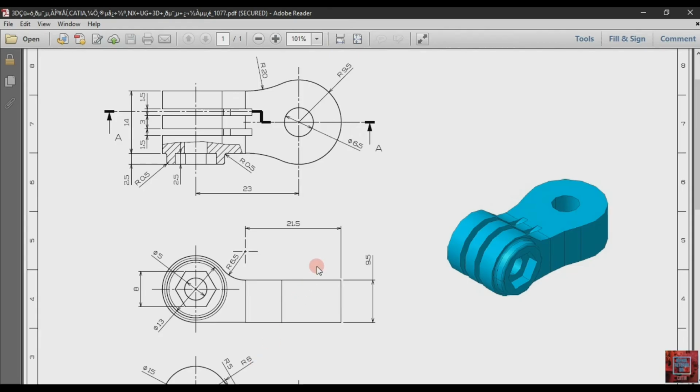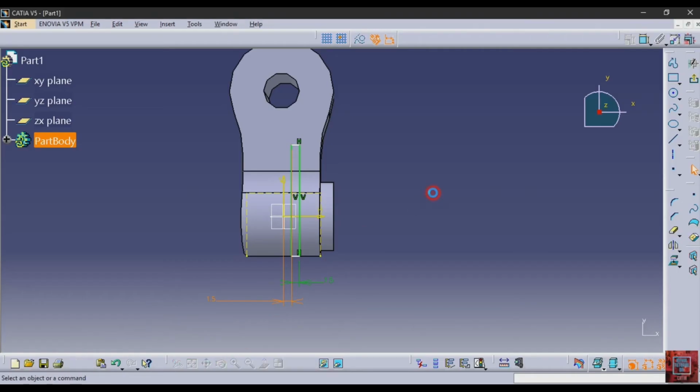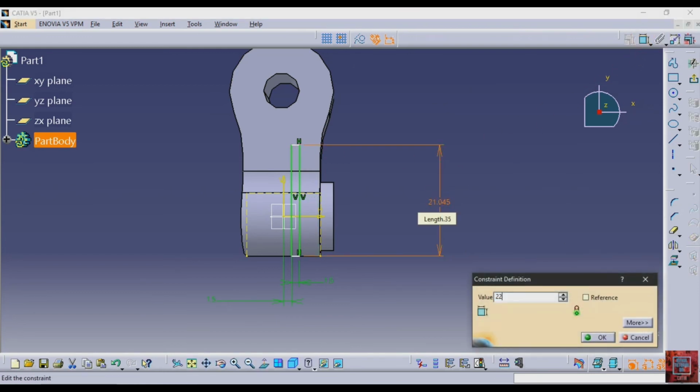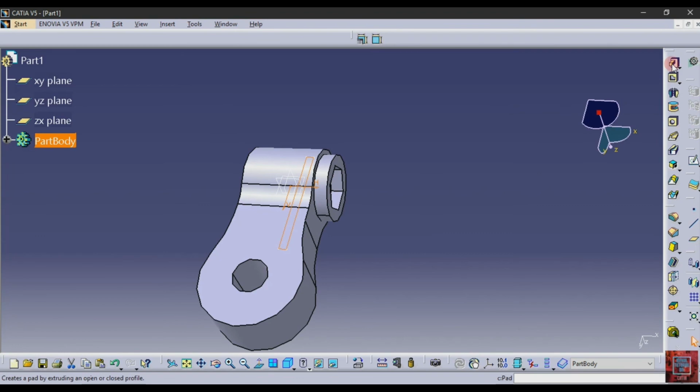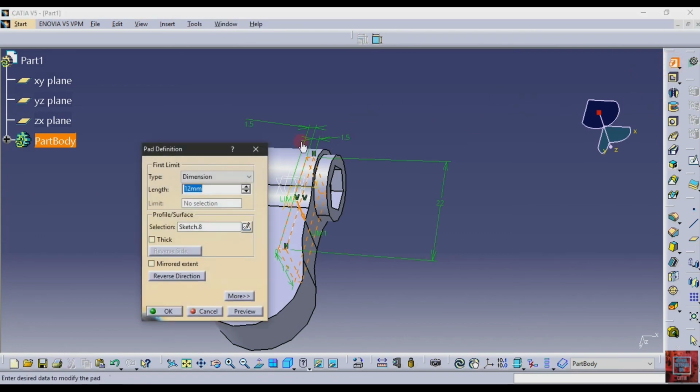Let's check it. Yes, 1.5. And after that, the length of this line is 22. I give this value 22. Then exit sketch.